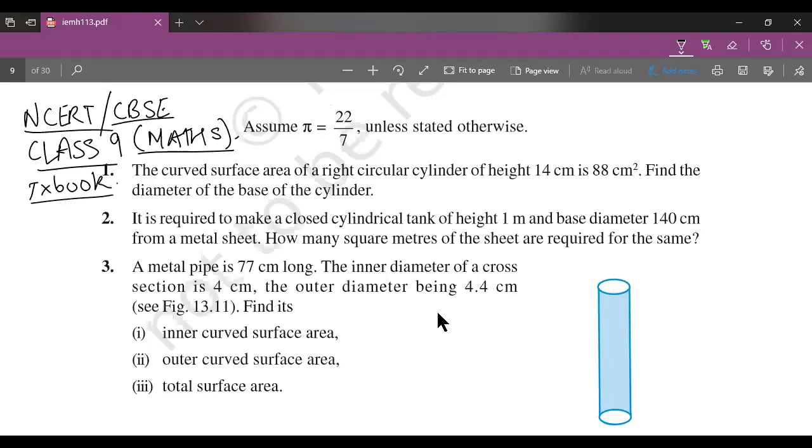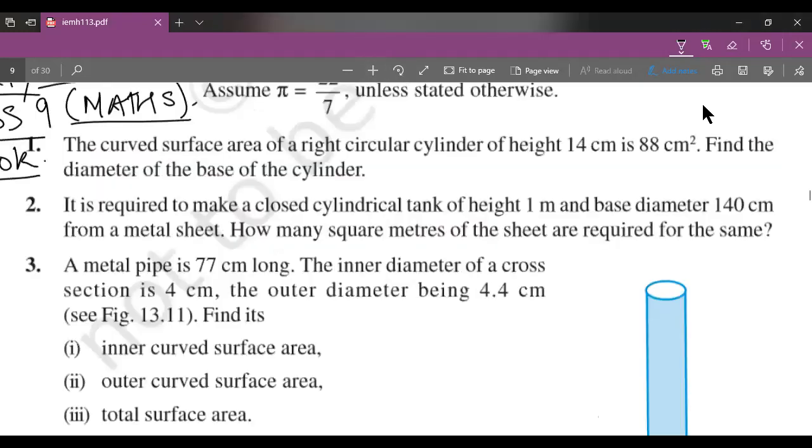In this video, I'm going to solve all three examples and I'll explain each and every one of them in detail. So let's start. Okay. So the first question is